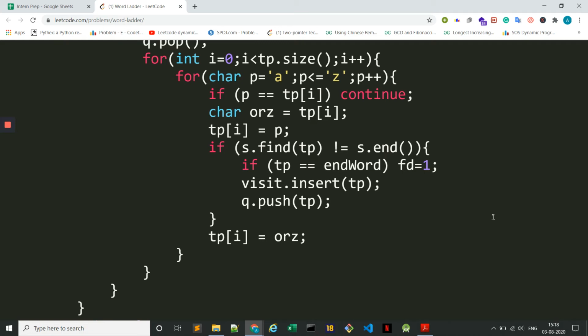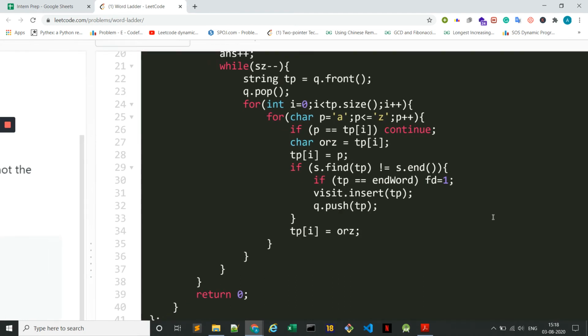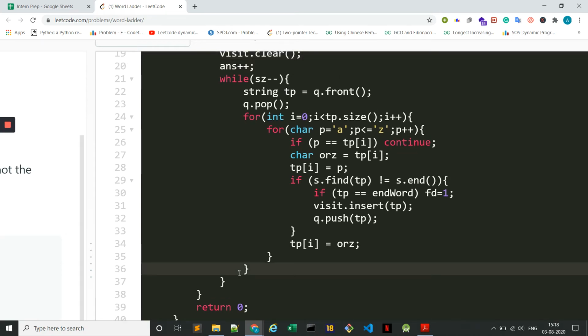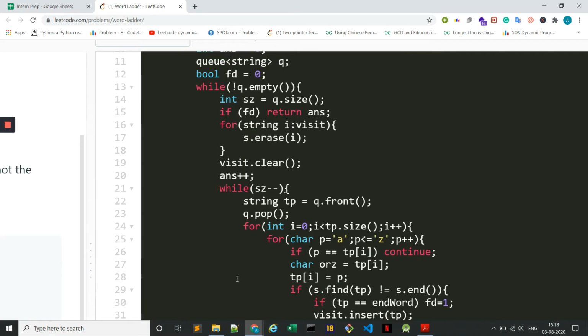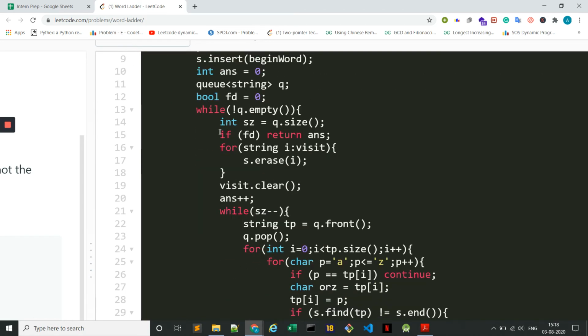And q.push(tp). Then we undo the changes that we have done. Once we come out of the while loop, if we found the answer, then we return the answer.